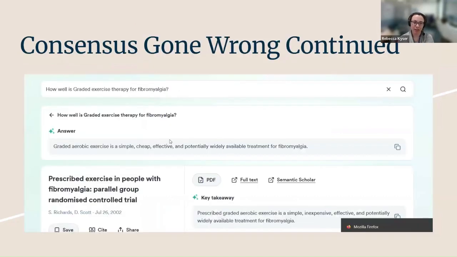A lot of times with retracted articles, it will just report them straight up. Another example: exercise therapy for fibromyalgia is a treatment that was recommended by NICE in the UK. It has since come under big fire for its recommendations. It is no longer recommended in the US or the UK, and this says it is. So you've got to really watch out with those older sources. As you can see, the citations are from 2002. Yep. Again, human in the loop. AI wouldn't have caught that, but we do.